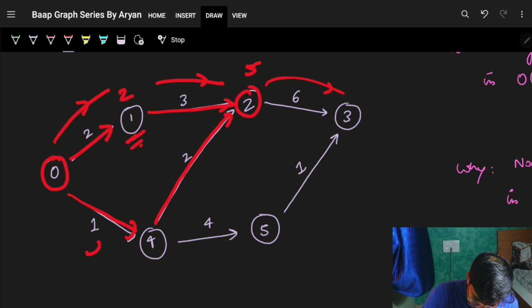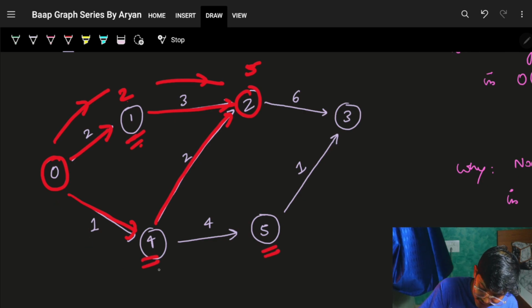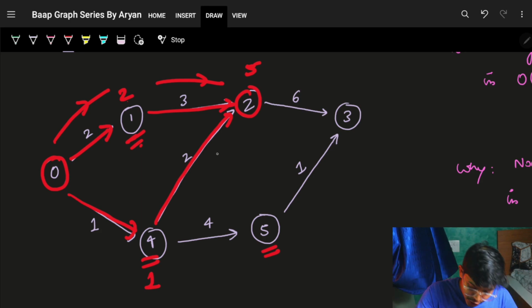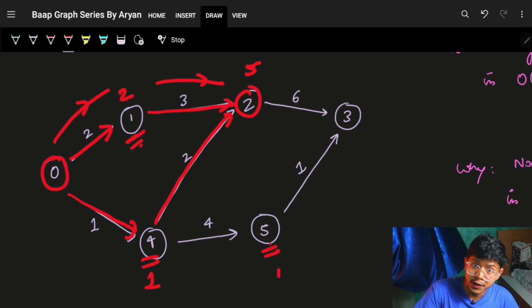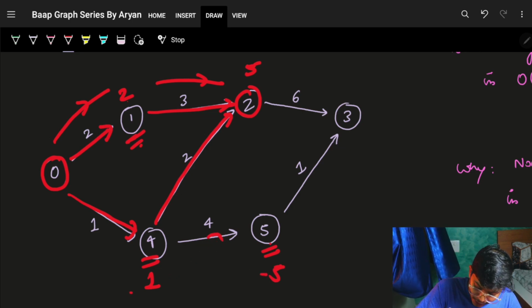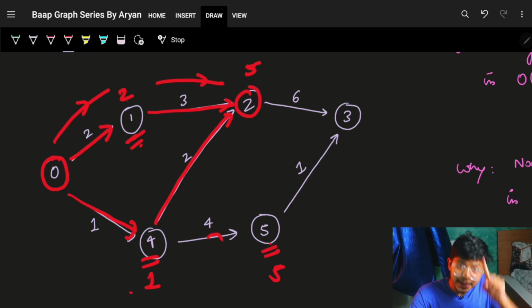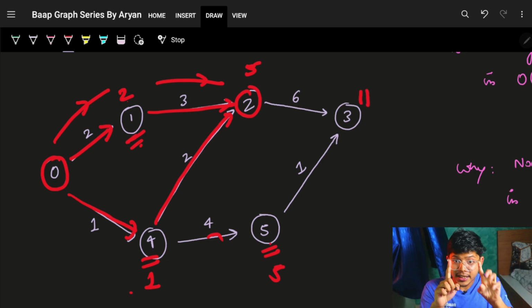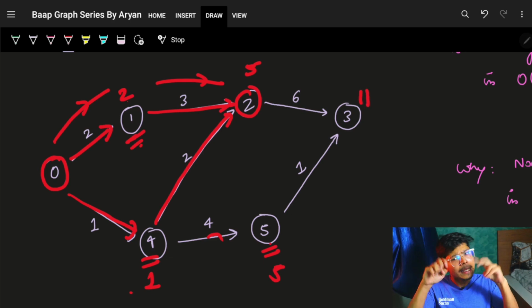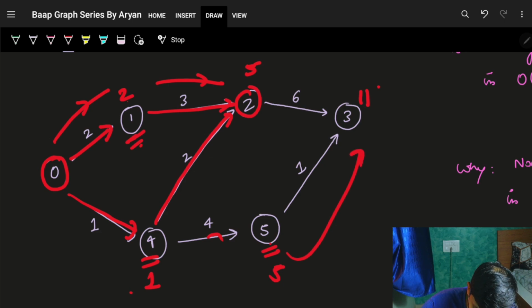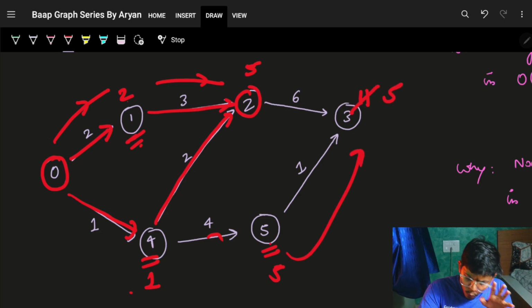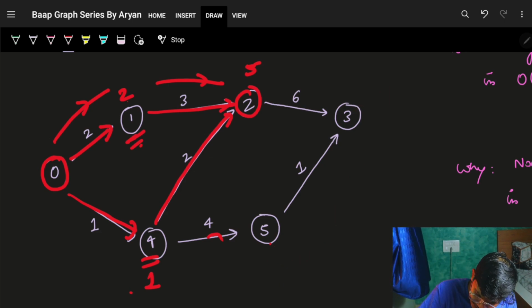But if I process node 4, it will give me the shortest distance up till node 4 as 1. The shortest distance up till node 5 is actually 5, because 1 plus 4 is 5. Now, the shortest distance up till 3, earlier I imagined it was 11, but no, it is actually 5. So what we figured out in this smaller example is that